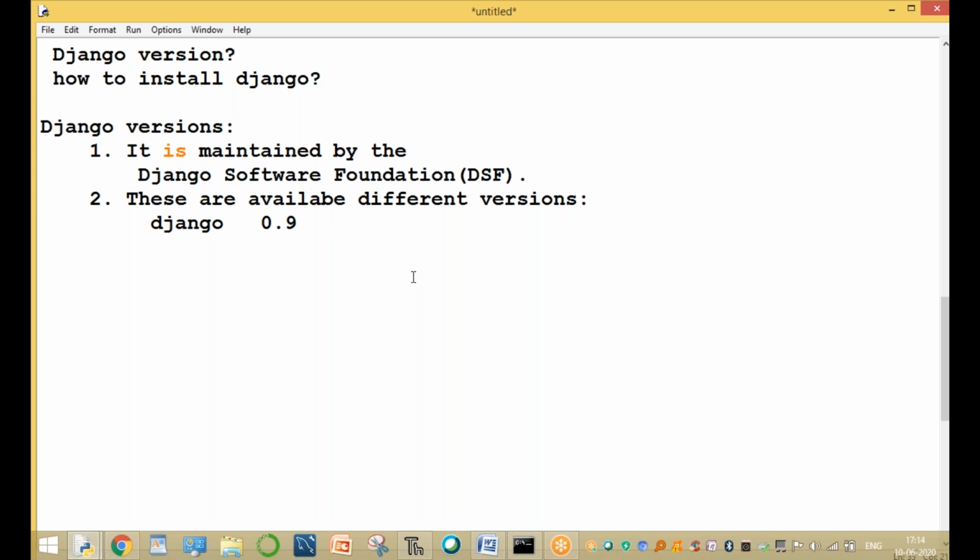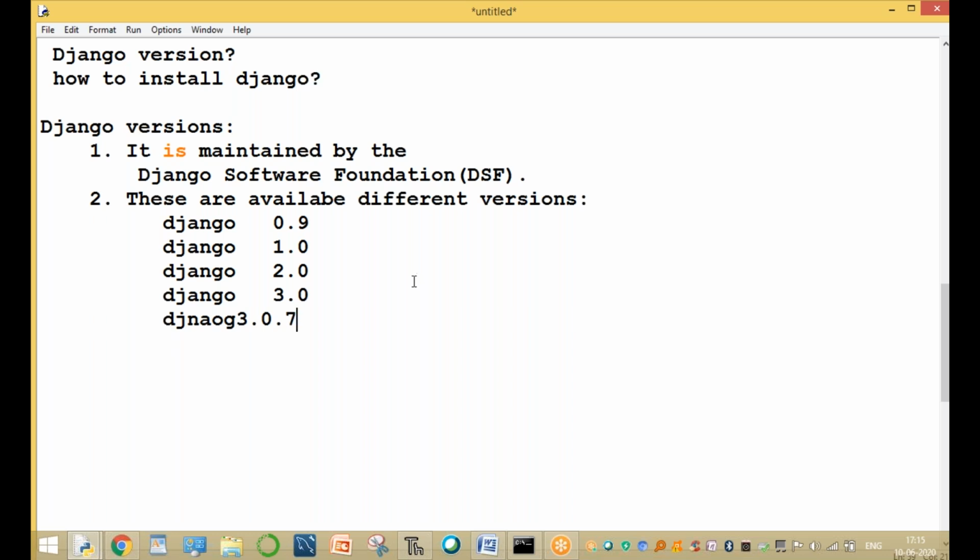First one is Django 0.9. Then the next version is Django 1.0, and the next version is Django 2.0, and the next version Django 3.0, and the latest version is Django 3.0.7. This is the latest version of Django.